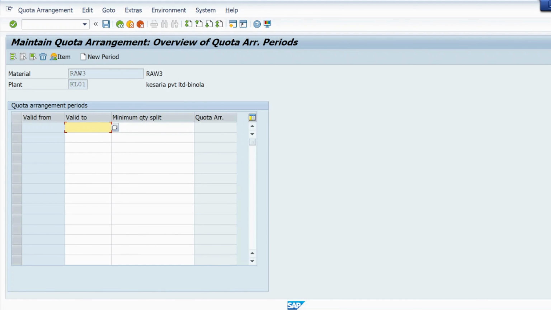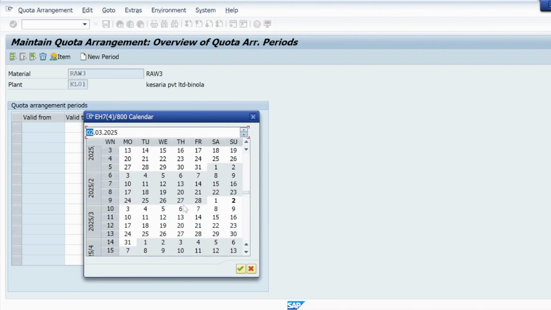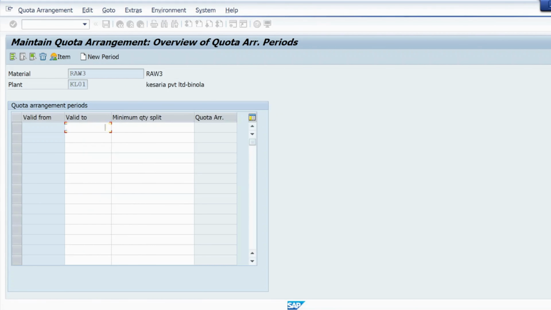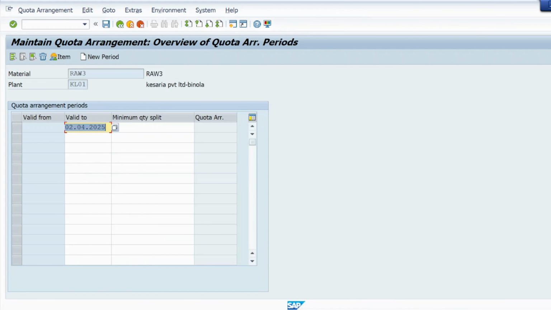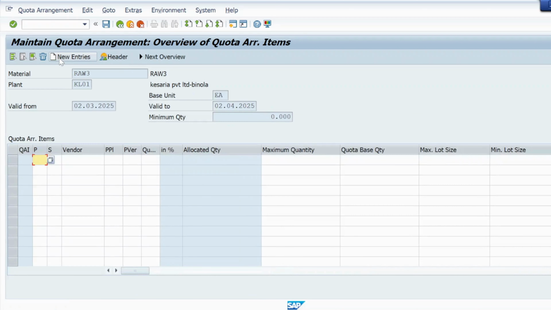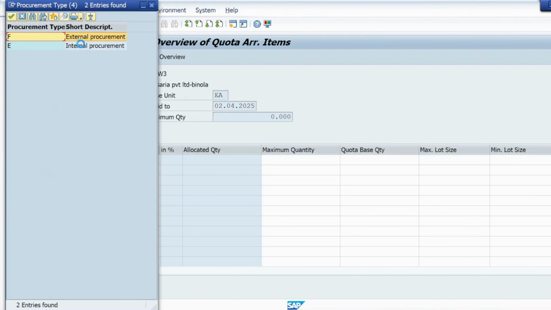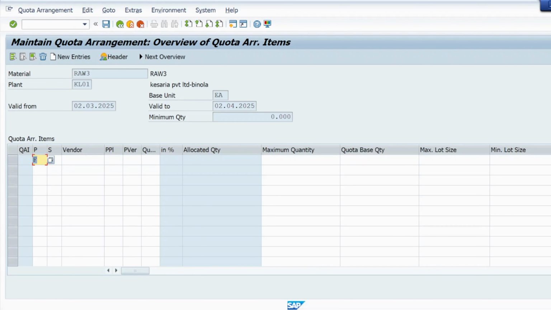Okay, and here we will mention these details like validity. So what's the validity? From today's date to next month, let me take. Apply. Hit enter and go to item. Just click on item, and here we are going to select F as external procurement. Okay, and here we are going to maintain our supplier. So supplier 1,